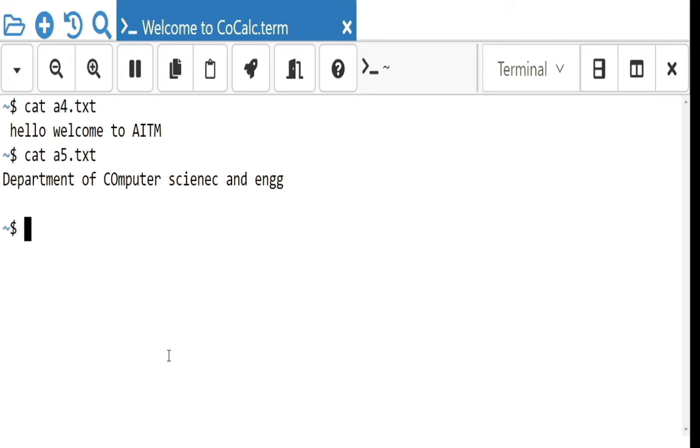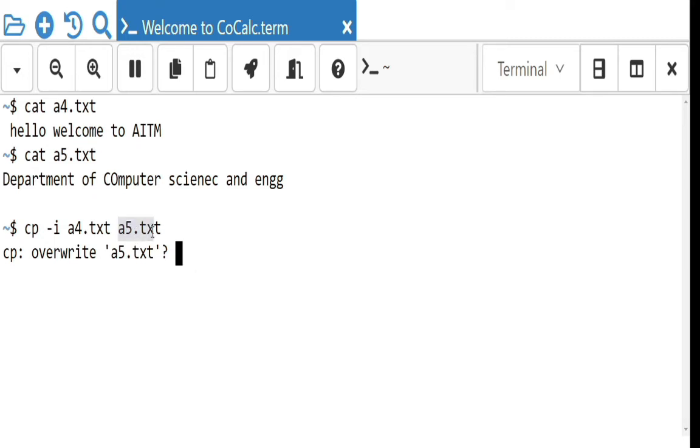Now cp -i a4.txt to a5.txt. See here, it is asking permission from the user whether you want to overwrite a5.txt or not. Why this?